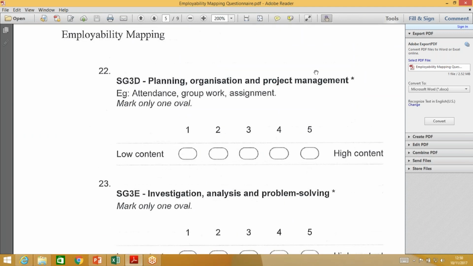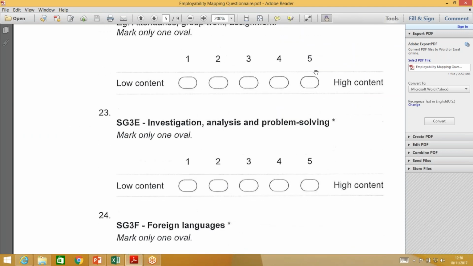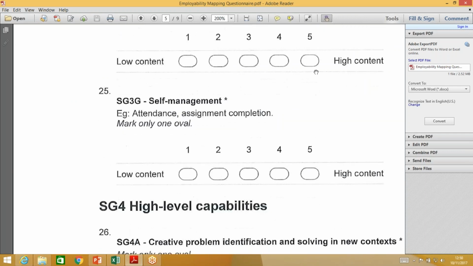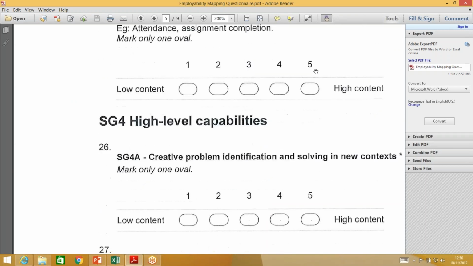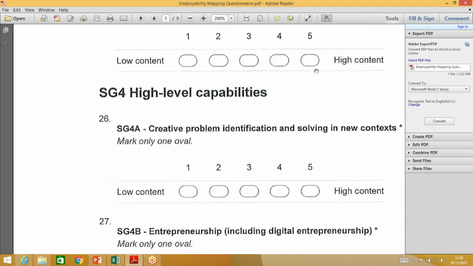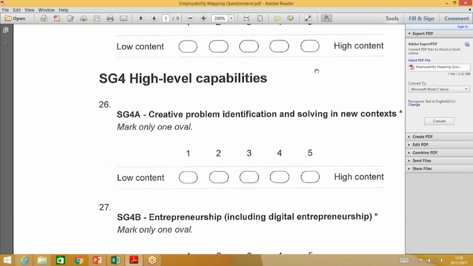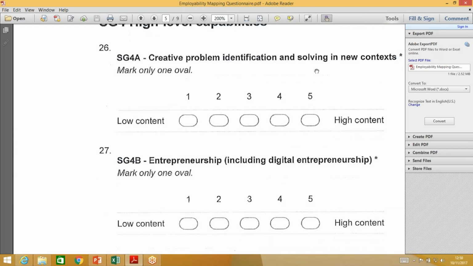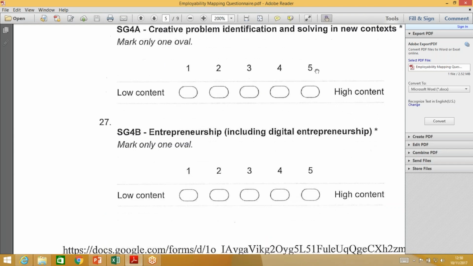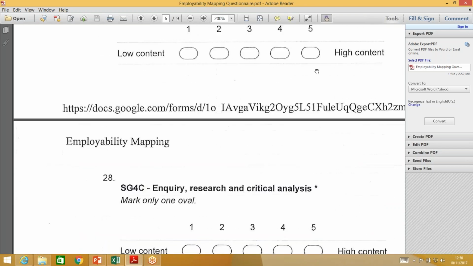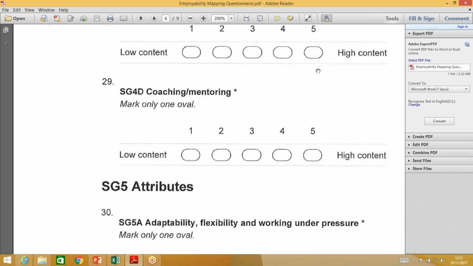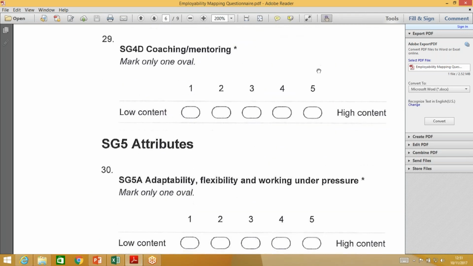But we basically went through the questionnaire in great detail, all of the different component parts of the model, looking to see, in the delivery and the assessment strategies of each module, what the module leader felt was being covered and in what sort of strength within the modules. And this was done for every module and every program